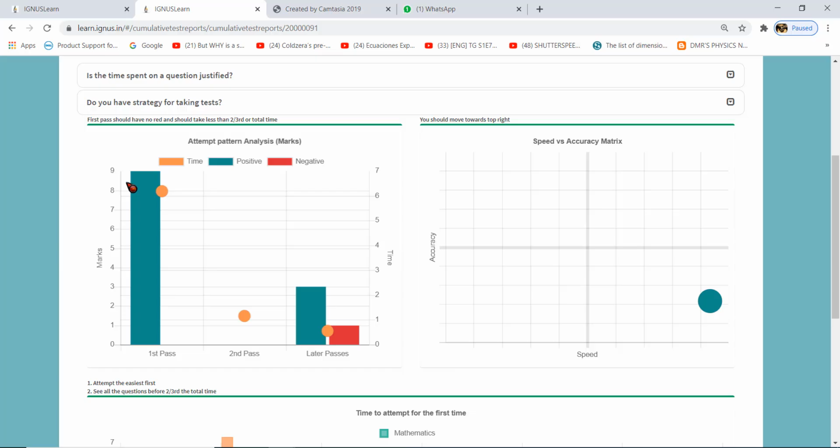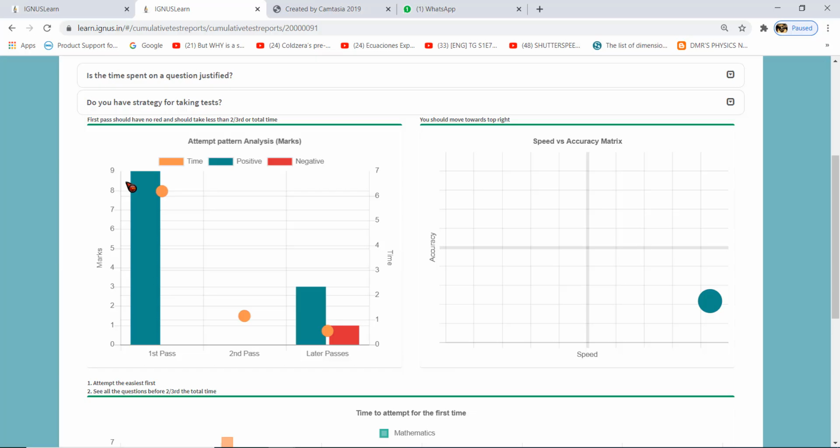The reason is, for example, if you are taking a major test where all the subjects are there, and suppose your favorite topics are physics and chemistry and you don't like mathematics and biology, and suppose questions are easy in mathematics and biology, you will end up answering only physics and chemistry. You will spend all the time on physics and chemistry and you don't even look at maths and biology.